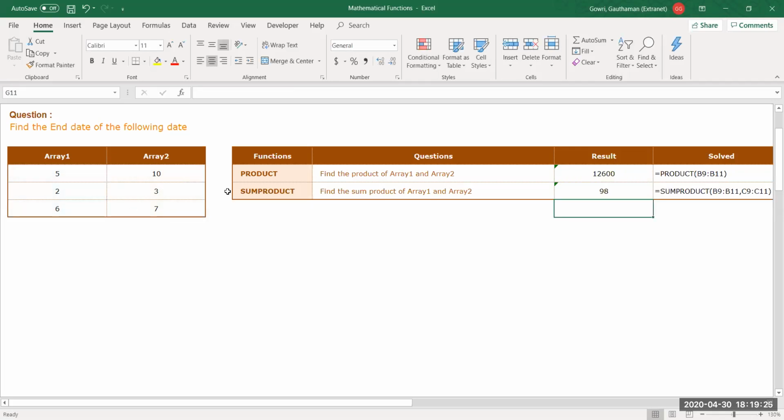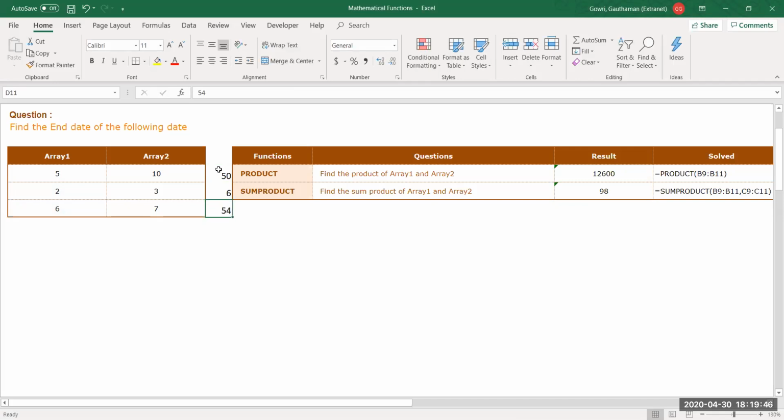See, how did we get 98? First, it is going to multiply all numbers row wise. So in this order, 5 into 10, we get 50. Next, 3 sixes are 18. Next, 6 sevens are 42. And 6 nines are 54.